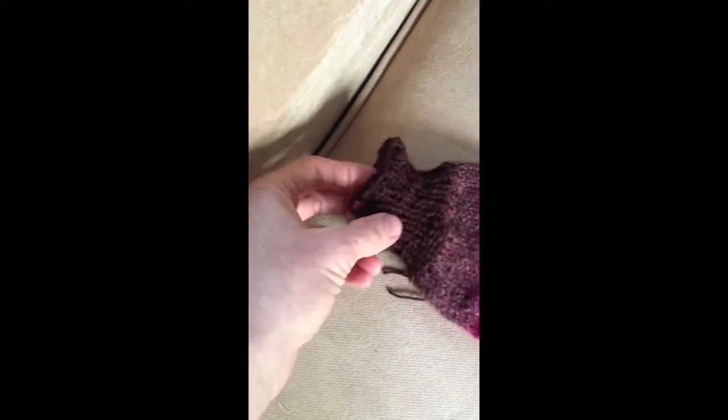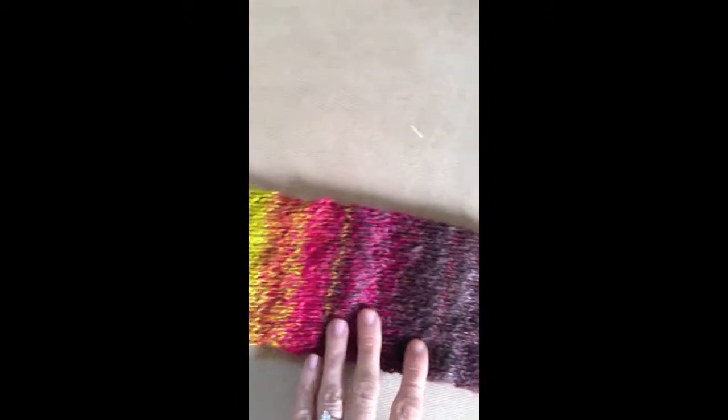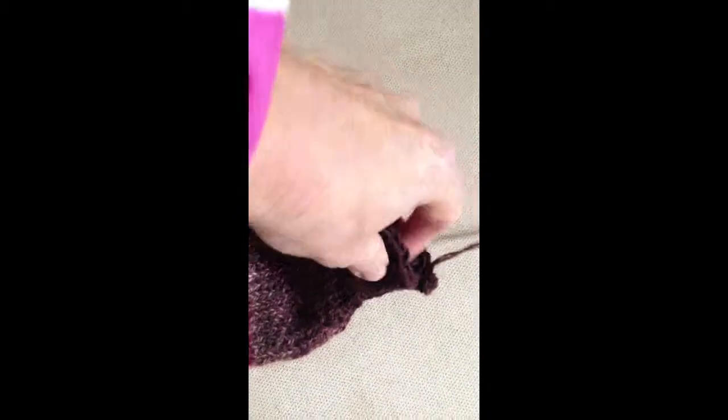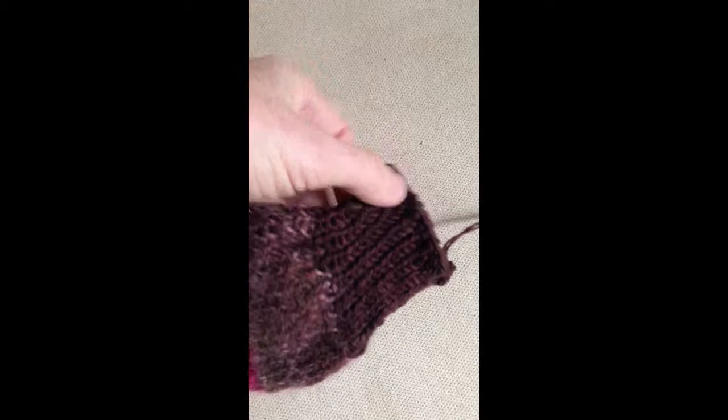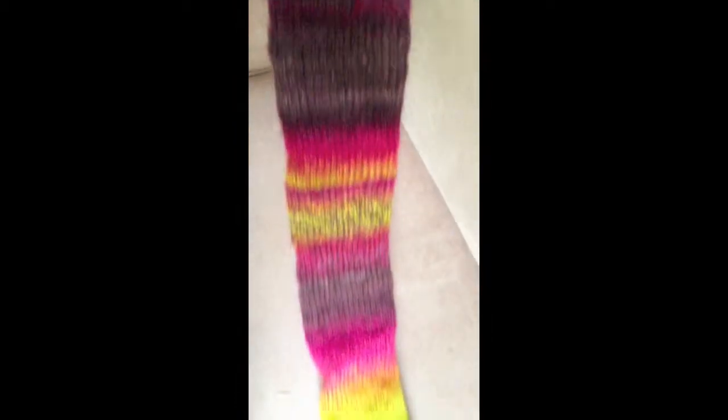So, to knit this sock, I just cast on, did some 1x1 ribbing in the round, of course, and just knitted a tube, kept knitting and knitting until I ran out of the hand spun yarn, and then I did the other end with 1x1 ribbing. That way I used all available hand spun,